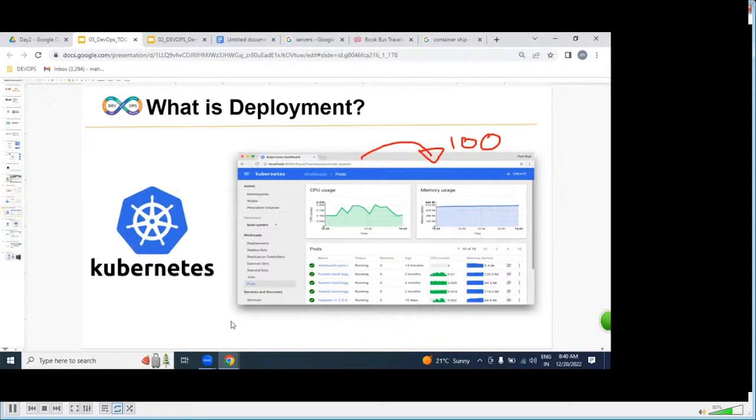If you observe the Kubernetes logo, the sea color is what? Blue. What is the steering of a ship? Same like that, we can easily control hundreds of containers with Kubernetes. Kubernetes is an orchestration tool. What is orchestration? We'll discuss later, not for today.